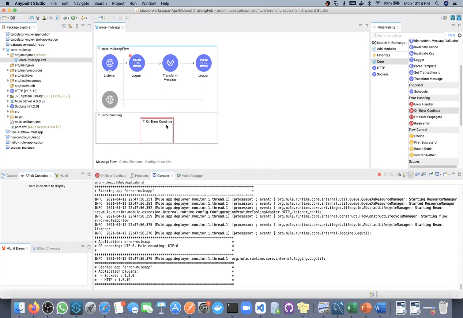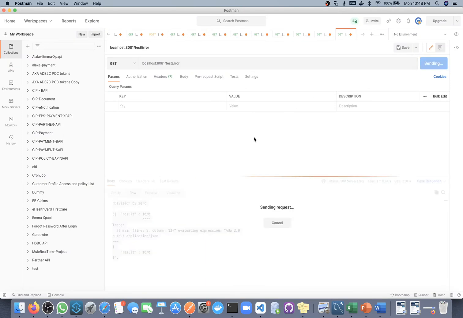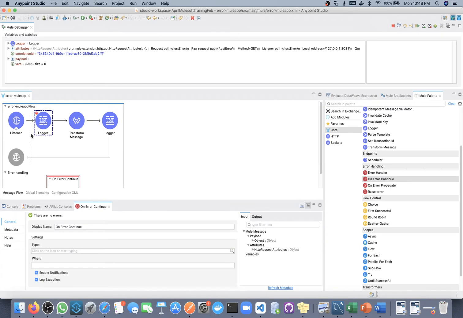It will take the error but it will send a success response. So this listener will receive a success response. Okay, so we'll see the behavior, what will happen if I use this blank on error continue. I'm calling this, we are at this place.